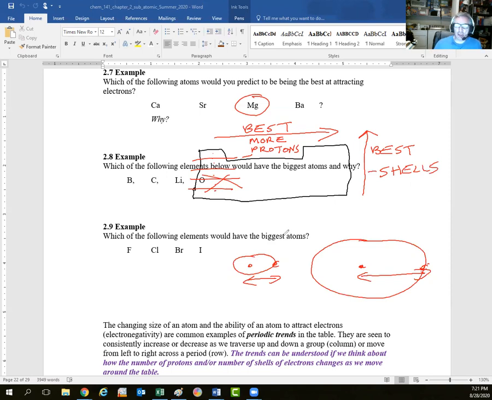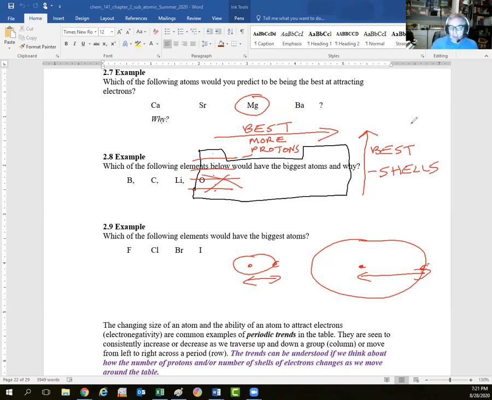Now, when you're faced with a question like this, always think about, are we talking about elements in the same period, the same row, or elements in the same group, up and down, columns. If we're talking about elements in the same period, i.e. the same row, left to right, then it's the number of protons which is important. If we're talking about elements in the same group, up and down, we're talking about the number of shells, which